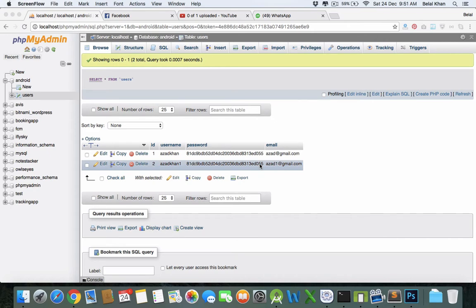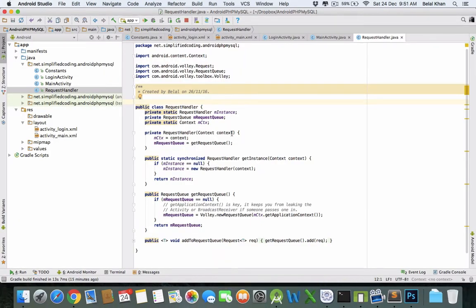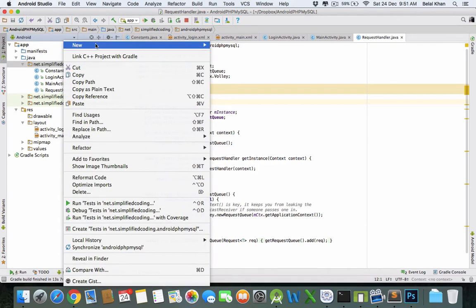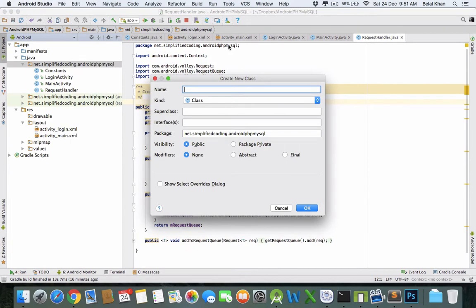Now in this video we will create one more singleton class to store user data. We will store the data of the user who is currently logged in. So come inside your Android Studio project, and here we will create a new class. Right click, new, and we can give it a name,